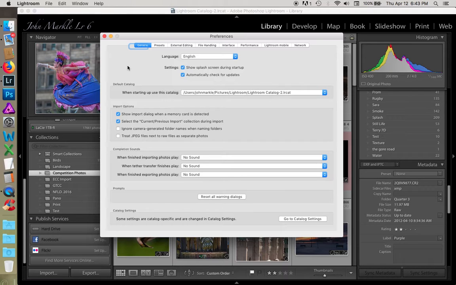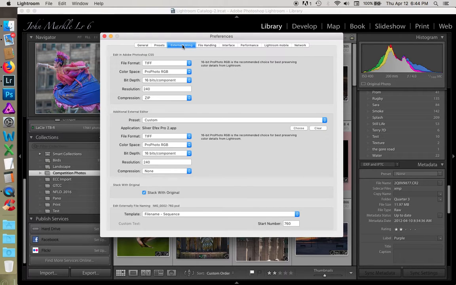Most of these are personal preference, and there are just two or three that I like to make sure are set. So under external editing, I like to make sure that this checkbox is selected. It's stacked with original. So anything that is edited in an external application, such as Photoshop, when I'm done in Photoshop and close the file, it will be stacked next to the original or placed next to the original file